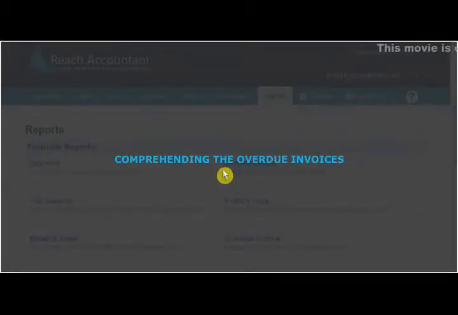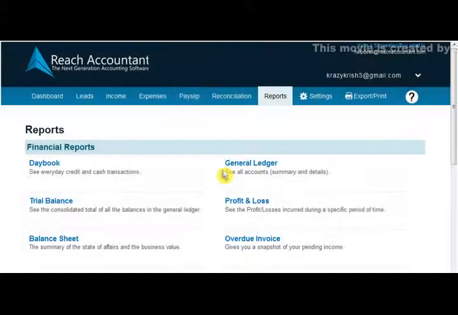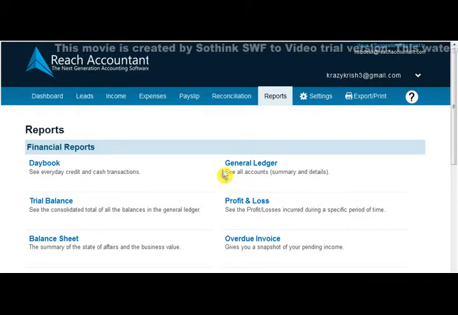Comprehending the overdue invoices. Let's see comprehending the overdue invoices. Overdue invoices report is a summary view of customer dues receivable by the business as on day, displays amount of due and period of amount on selected date.